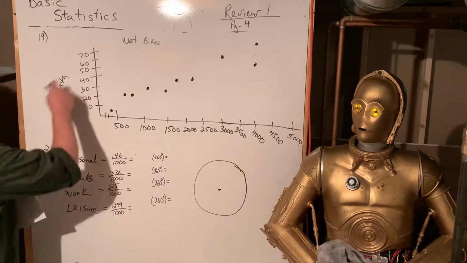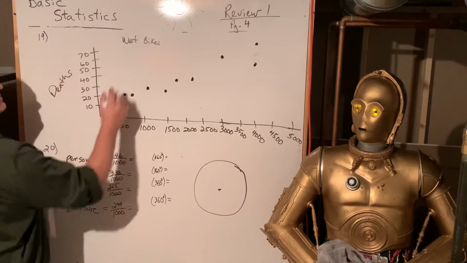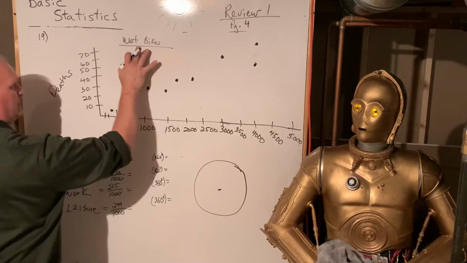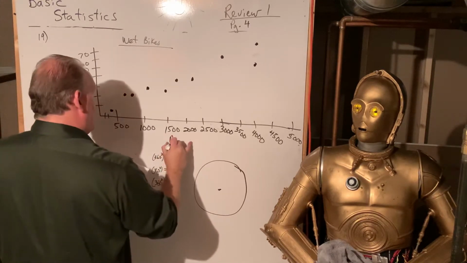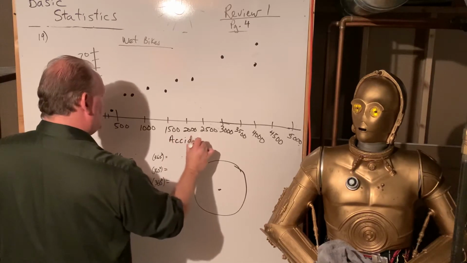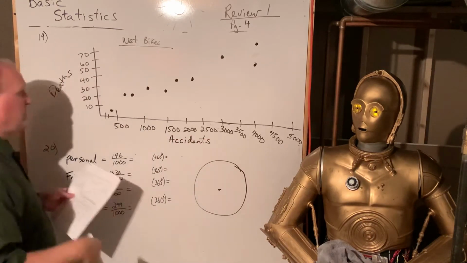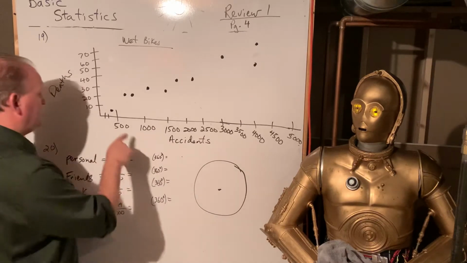So this is deaths. Remember to label, remember to put a title, label the x-axis, label the y-axis. This is how many accidents there were. And then we just graph it. So we looked at each one of these, and that's